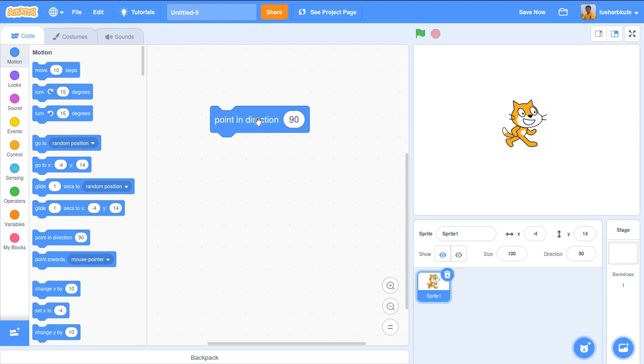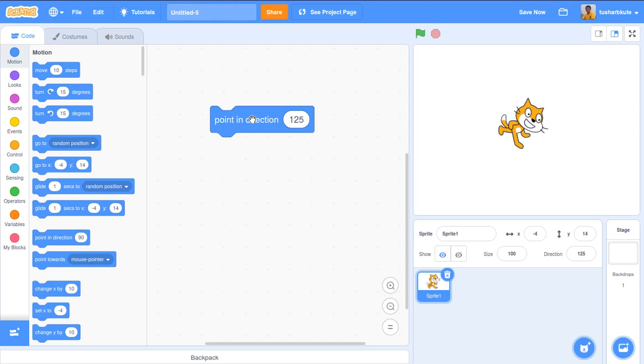In the negative direction we have minus 90, 180 is the downward direction, and 0 means the upward direction. So click. It's looking towards the upward direction, which is 0 degrees. It's not required that only 90 and 0 are there. You can move it towards 125 degrees. Click. So it's moving toward 125 degrees.